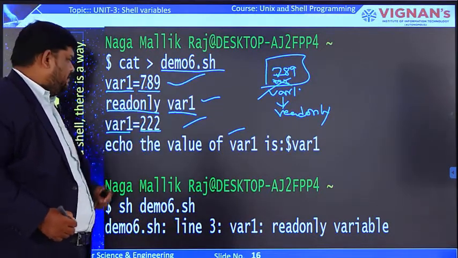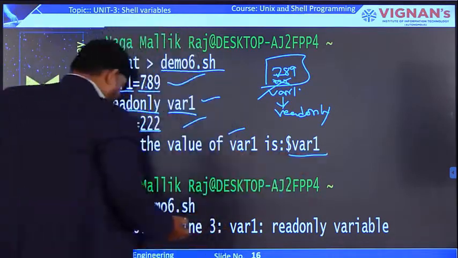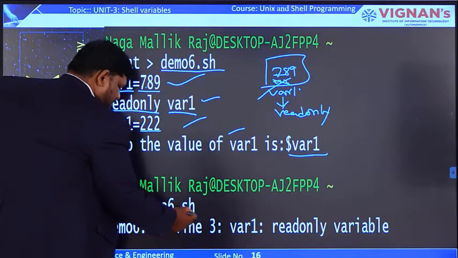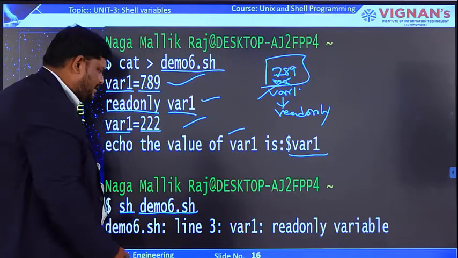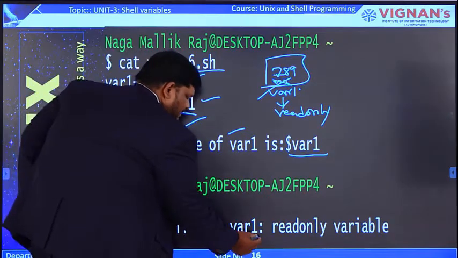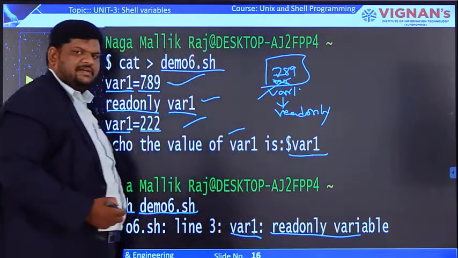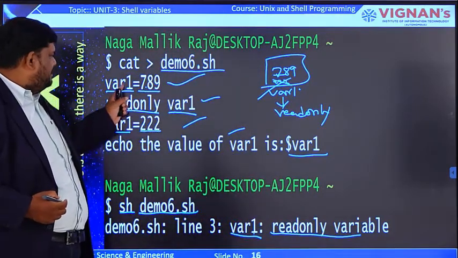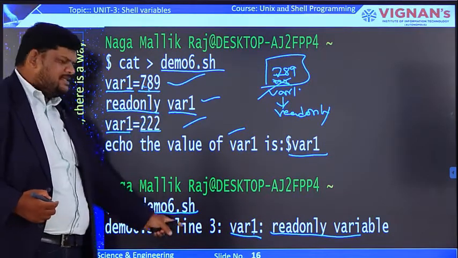Let us see, if we try to print $var1, this is the execution, sh demo6.sh. If you observe here, an error is generated. What does this error indicate? That var1 is a readonly variable. This error is generated because we are trying to change the value present here.